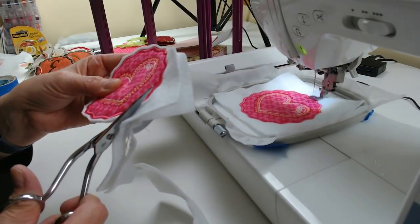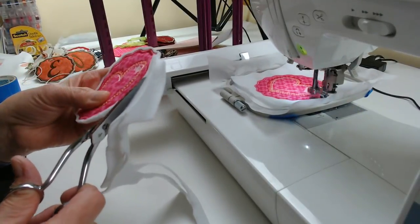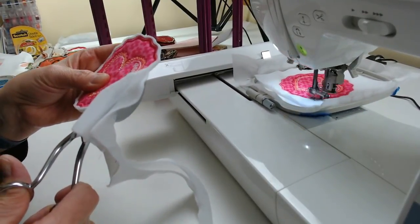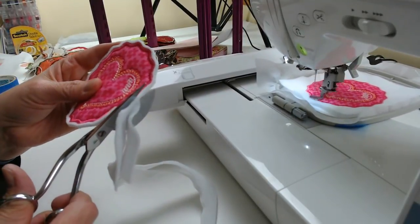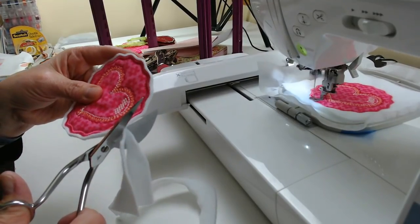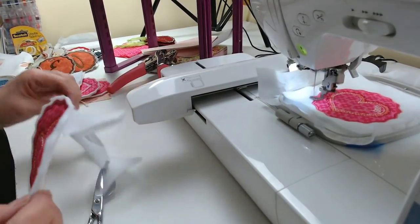Beautiful on a gift package. It's another way to use them. You can hang it from a child's backpack. You could use it as a bookmark. All kinds of things that you can do here. So